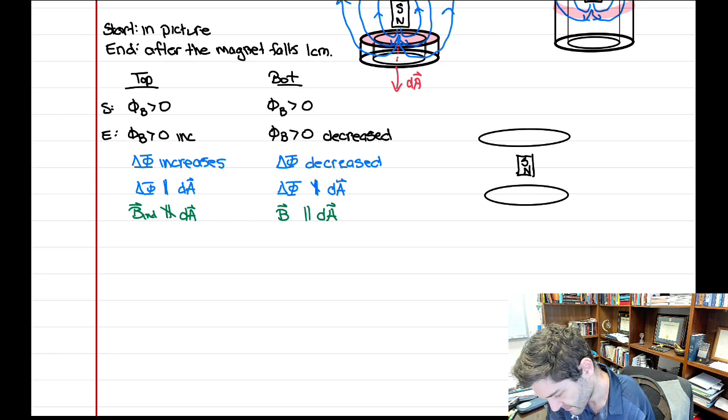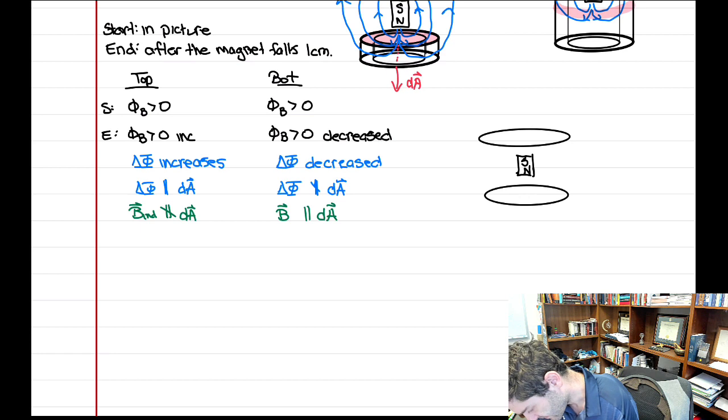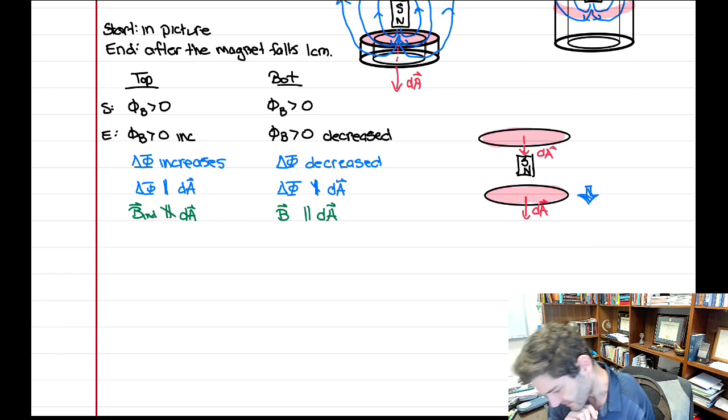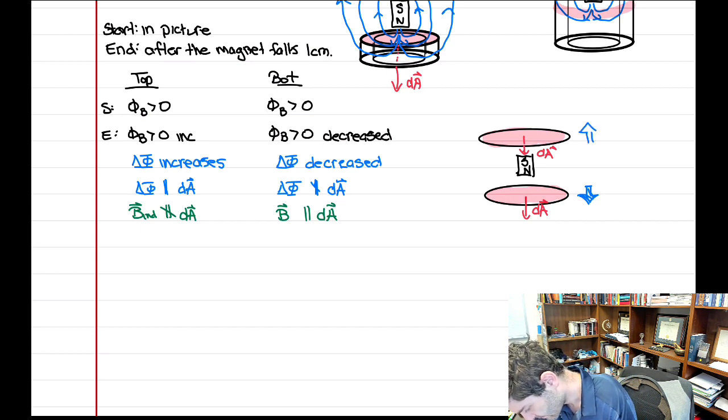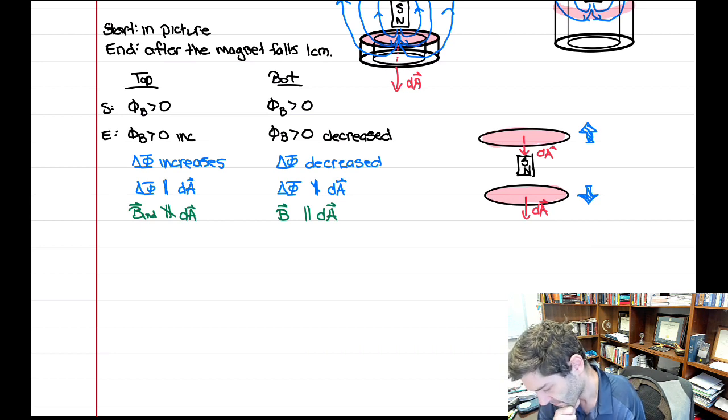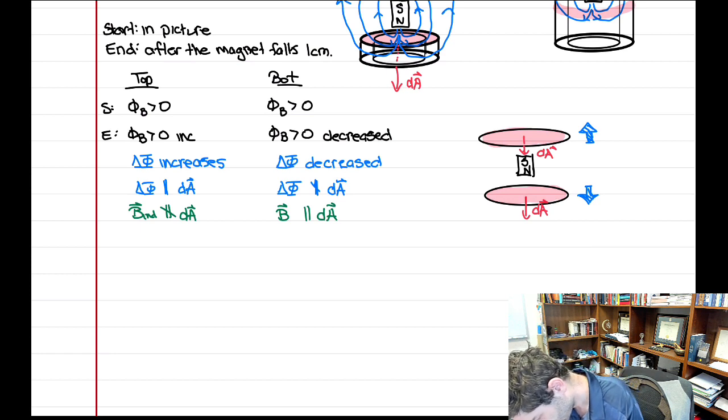So then for the bottom loop, we said that in this case the flux was increasing, so parallel to dA. Again, we had dA that way. I was putting those on here with our surface that we're measuring the flux through. It really is bugging me that the top one is not the same size. I'll try not to redraw it. And then we said this dA element was pointing in the same direction. And we found that the flux decreased, so the change was anti-parallel. So, in that case, the induced magnetic field must therefore point for the bottom in the opposite direction, and in the top must point in the